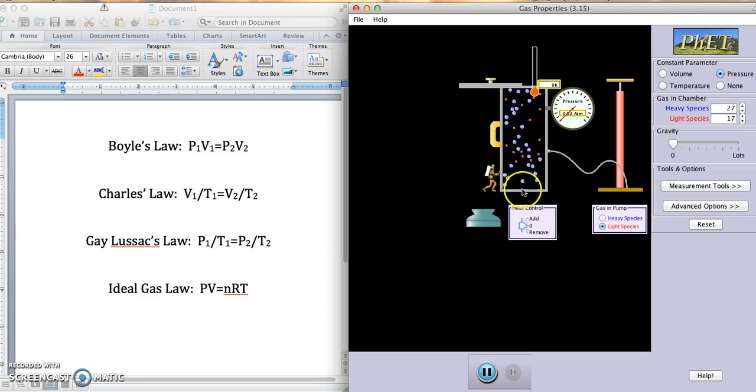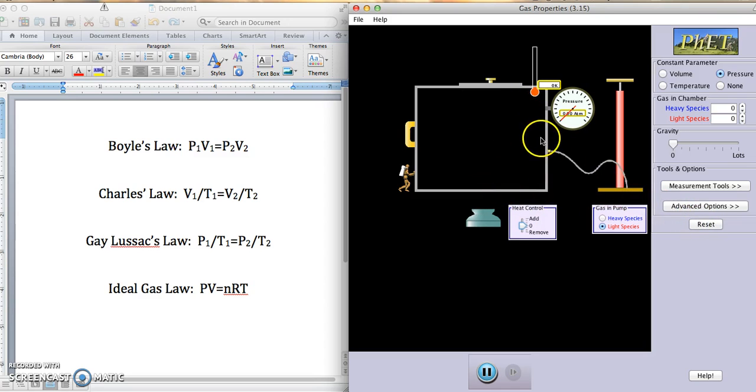And I think I said it wrong. At the beginning, whenever I take out the heat, the volume would decrease. I think I said it backwards at first. But so on to the third law.